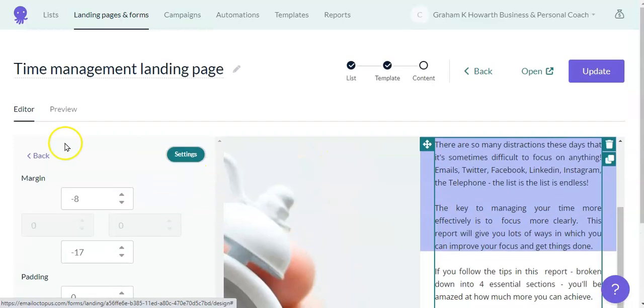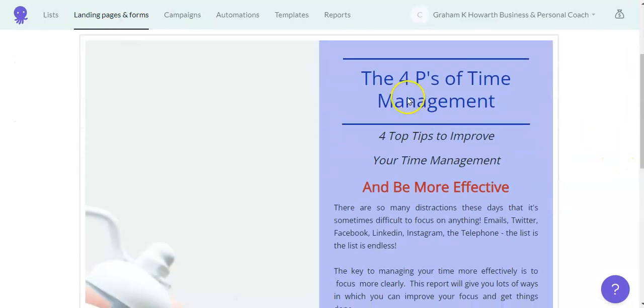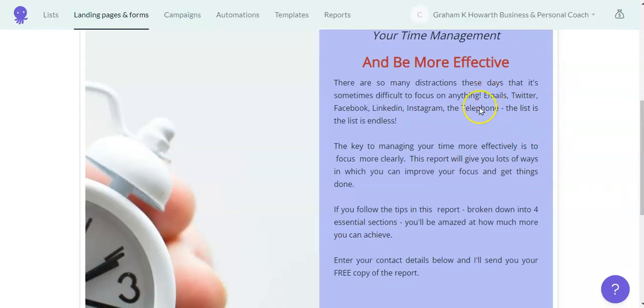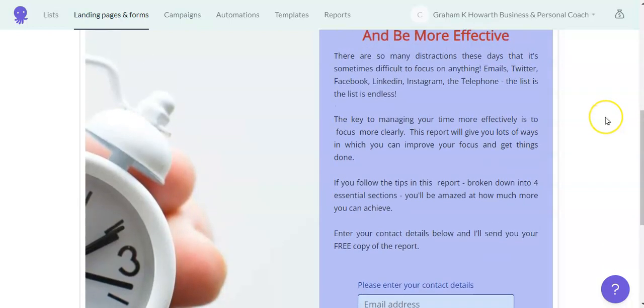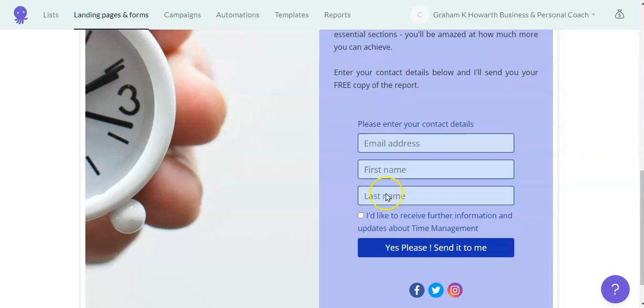Here we go. So again, if we look at the preview now, you'll see that we've got the header that we had before, 4 top tips to improve your time management, the emphasis on being more effective. We've tidied that text up now so that it's aligned more correctly. It's got a few spaces in it, and we've now got the form below there.